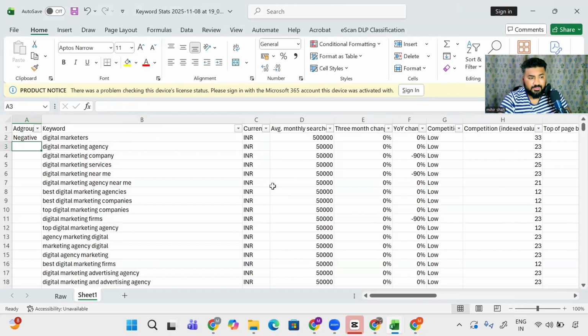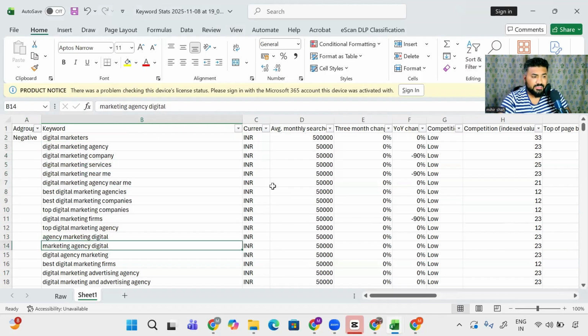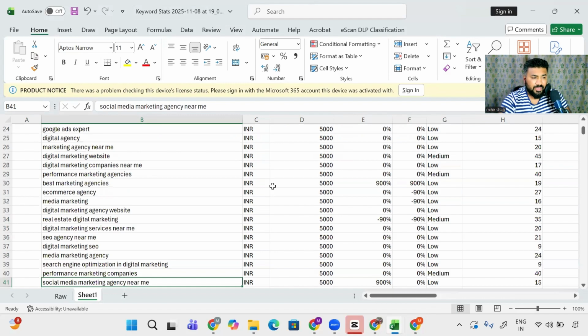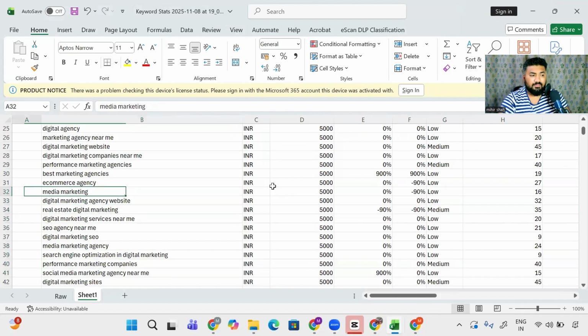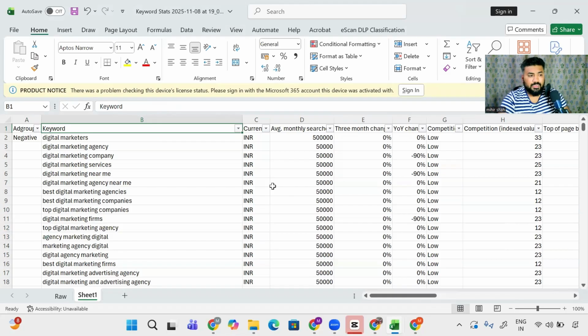Negative means do not use these keywords. Agency, company, service, all of these make sense. Agency near me, agencies, companies, firms, agency. Predominantly, if I look at it, media marketing again doesn't make sense as much. So now ideally, in the best case scenario, what we do is we sit,